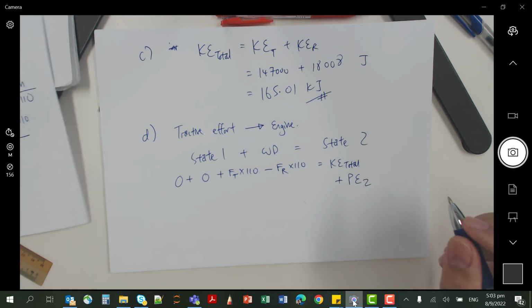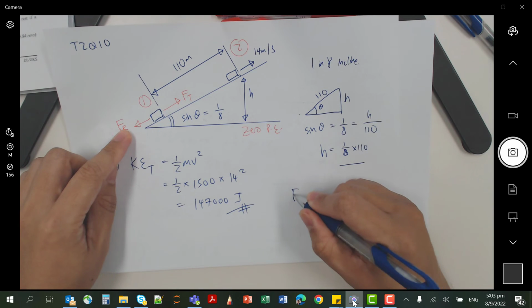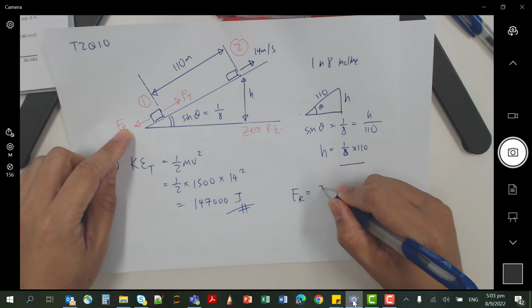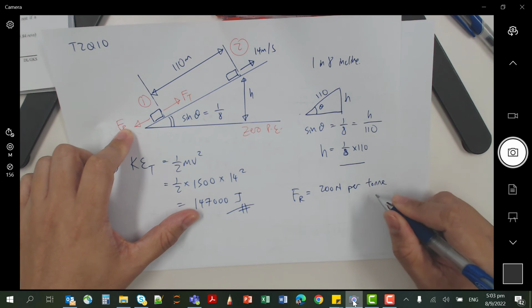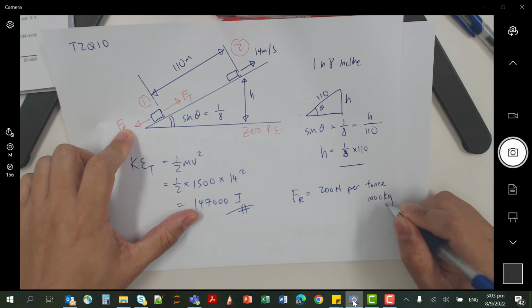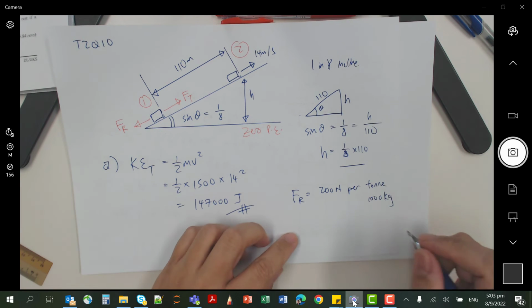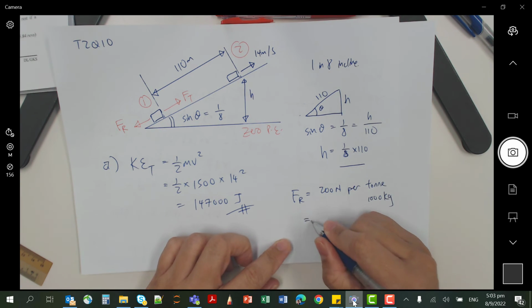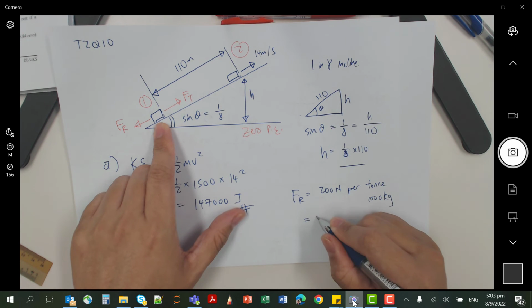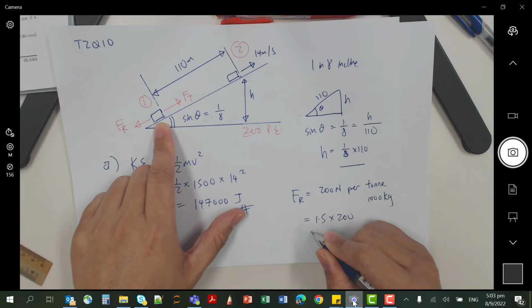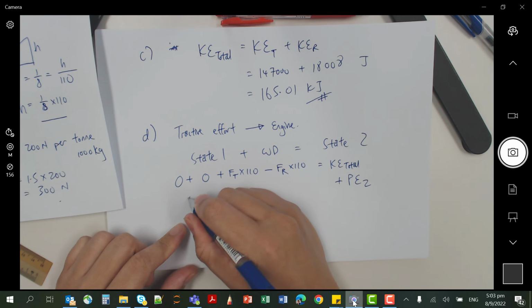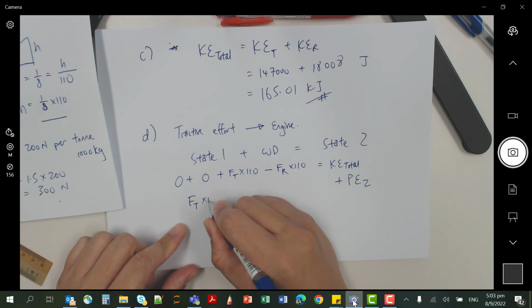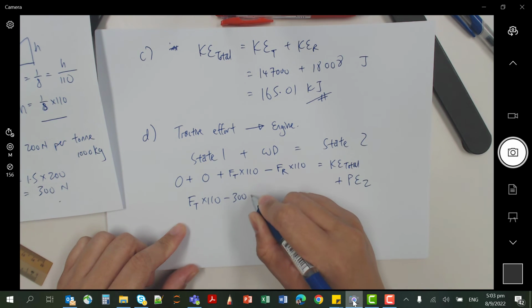Your friction is 200 Newton per ton. 1 ton is 1000 kilograms. And how heavy is this vehicle? It is 1500 kg, so the total resistance force for this vehicle is 1.5 times 200. 1.5 tons, so 300 Newton of resistance force. So here we will write engine force times 110 minus 300 times 110,